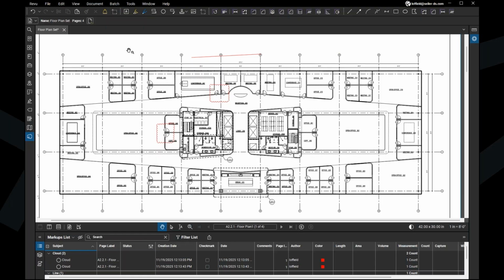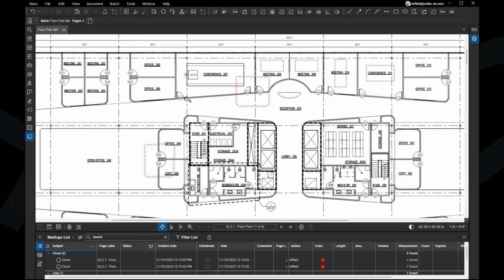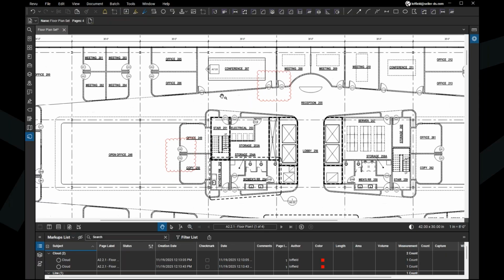So now that we've taken a look at the tools and at least a few of the ways to access them, I'd like to get into some of the ways that we can alter our tools either before or after they have been placed on a page. So let's take a look at this cloud that I put down here. I can select it, and immediately